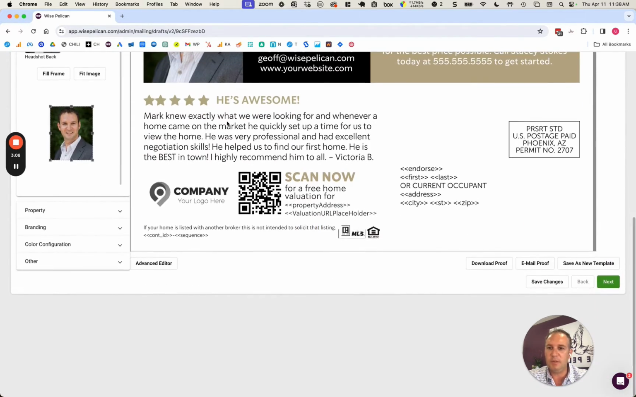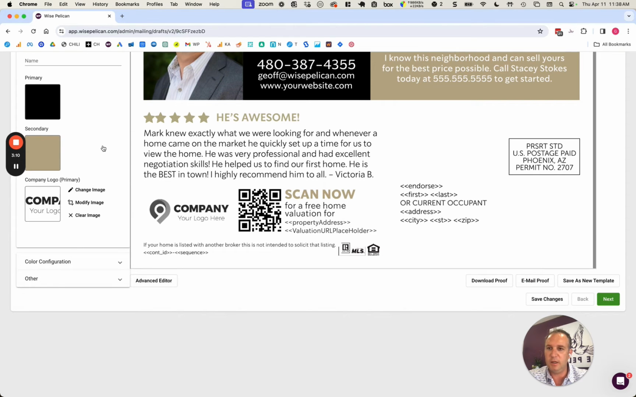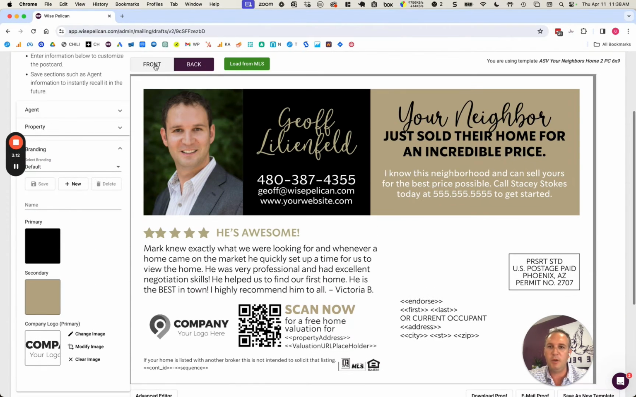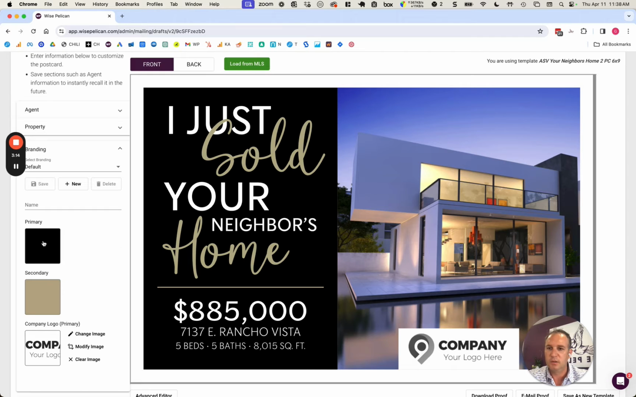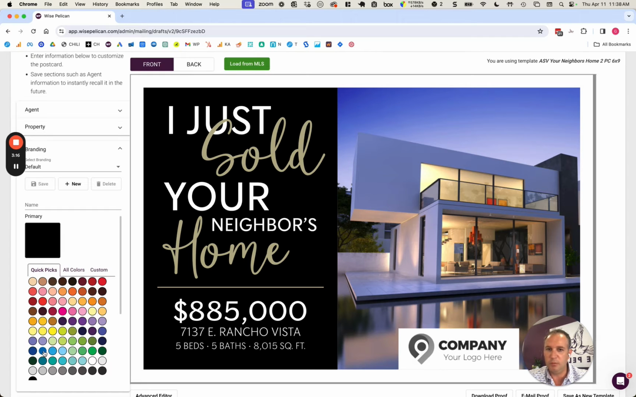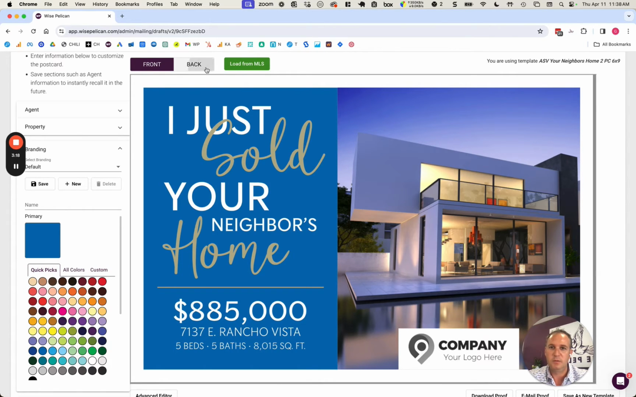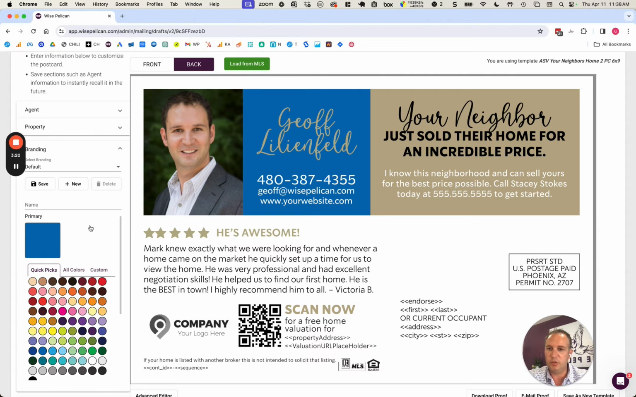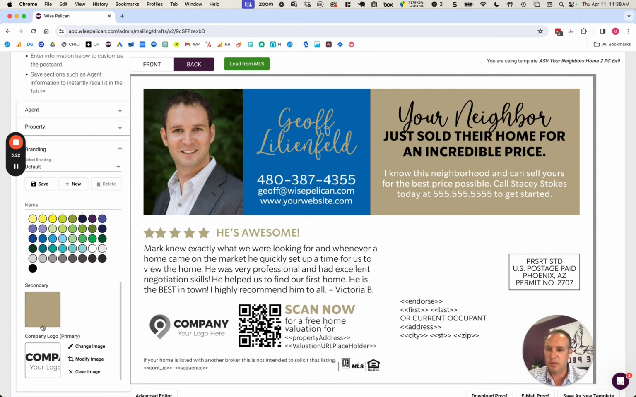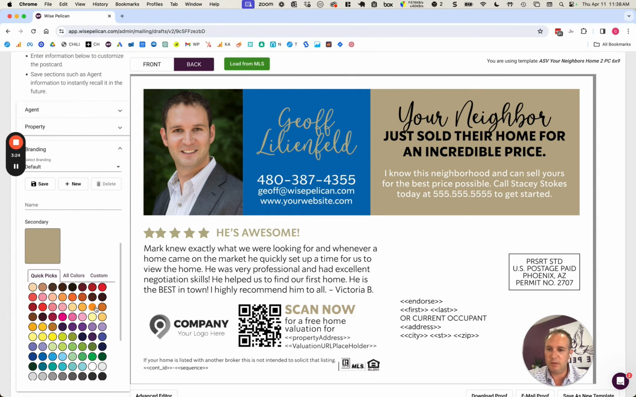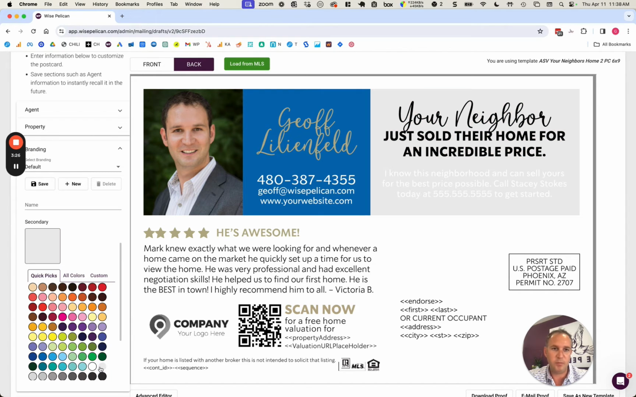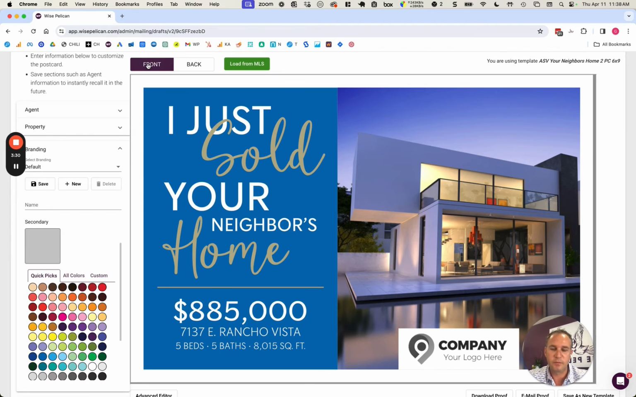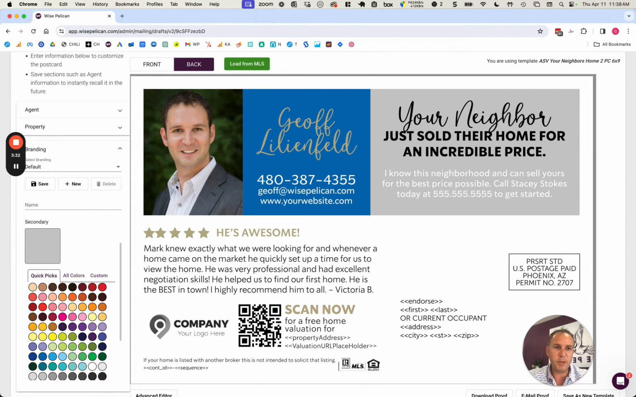So I could come down here and say, all right, I'm going to change my primary color to something more blue. And we'll see that's a pretty drastic change, pretty quick. Change the secondary color as well. Maybe just something more along the gray lines. So you can play with the color schemes, make them match what it is that fits your brand, and then